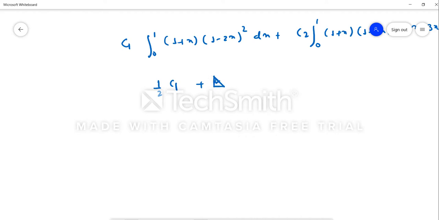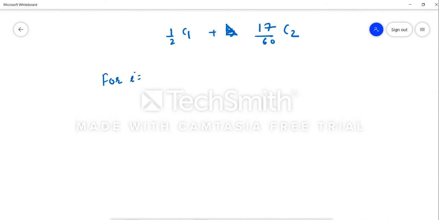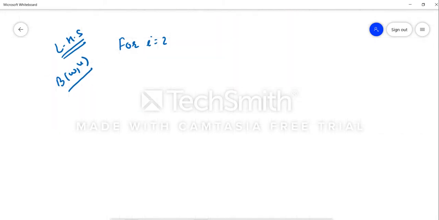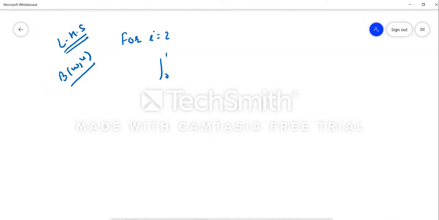Then we will solve it for i equals 2. Here we are again solving the LHS part, that is the bilinear functional. If you are having any doubt with all these terms, I have already told you in the previous lectures. If you started from this lecture, then you should have viewed those lectures so that it can help you understand. So d phi 2 over dx, then c1 d phi 1 over dx, and again c2 d phi 2 over dx.